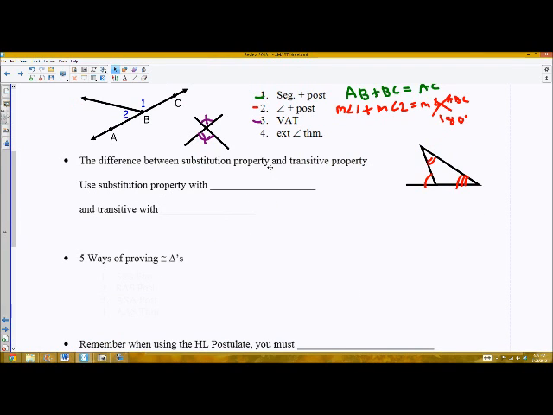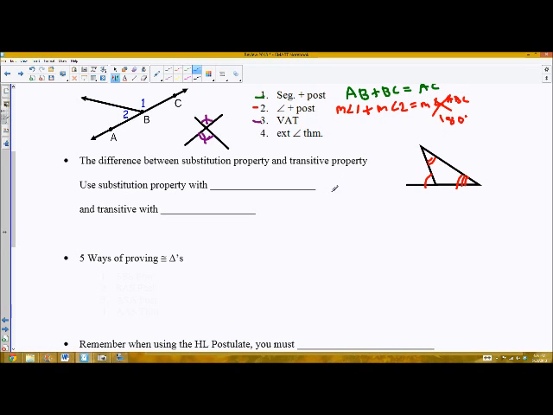Okay, moving on, the difference between substitution property and transitive property. Recall we had all these properties of equality: the addition property of equality, subtraction, multiplication, division, the symmetric property, and then there was always, it's a little bit tricky to tell the difference between substitution property and transitive property. So a general rule of thumb you can use to separate those two properties